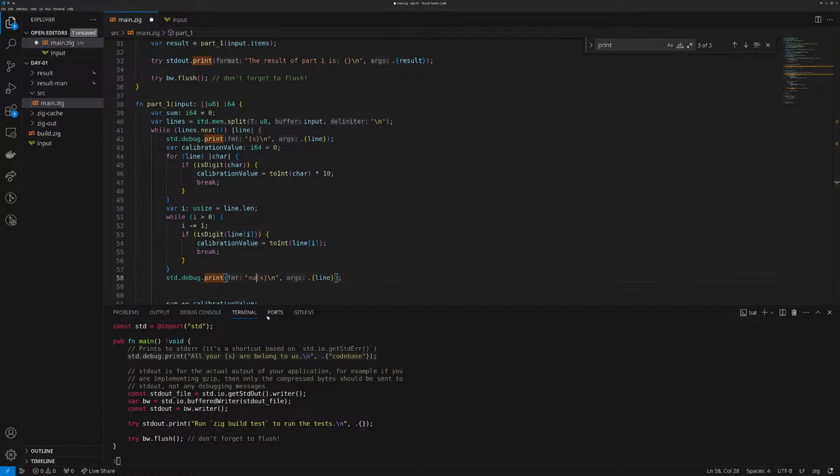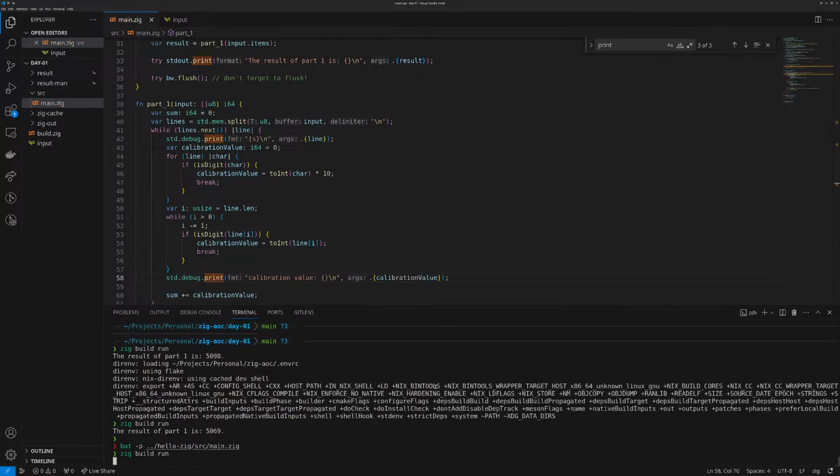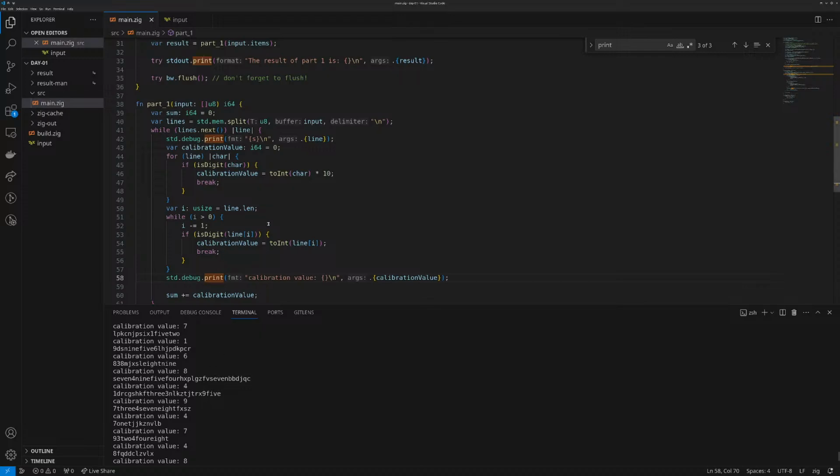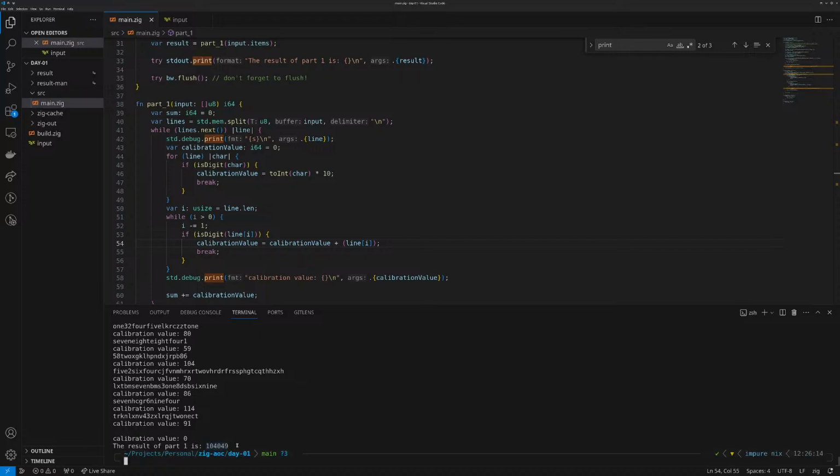what our calibration value is. So let's run it again, and that is indeed not good. Why is it like, oh yeah, I see. I have forgotten to add the calibration value here. So let's run again. We get a much higher value of about